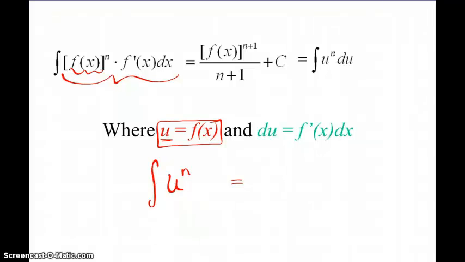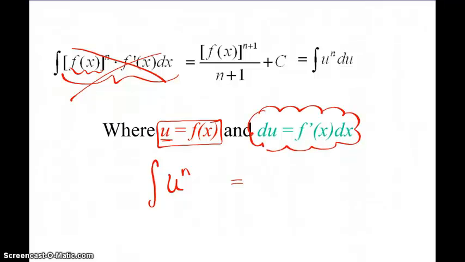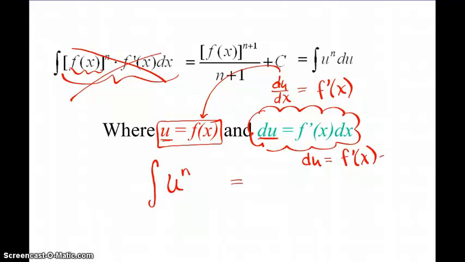Now, I'm going to ignore what's happening up here for this next step. For this step, du, the derivative of u, has nothing to do with what's going on inside your integrand. The derivative of u, du dx, comes from what your choice for u was. It comes from f of x. So the derivative of u with respect to x is f prime of x. If I multiply both sides by dx, now I have du. And I want to completely rewrite this integrand, that integral, the whole integral, in terms of